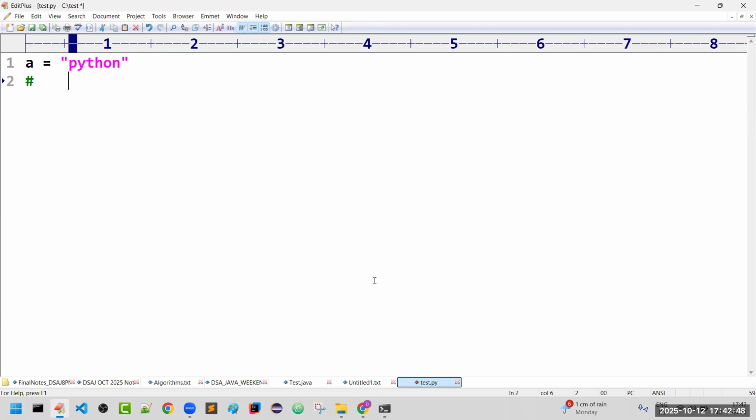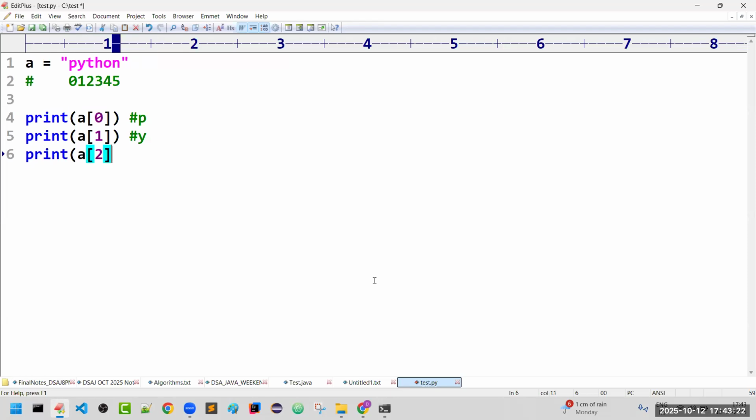P is in the 0th location, Y in the first, T in the second, H in the third, O in the fourth, N in the fifth.